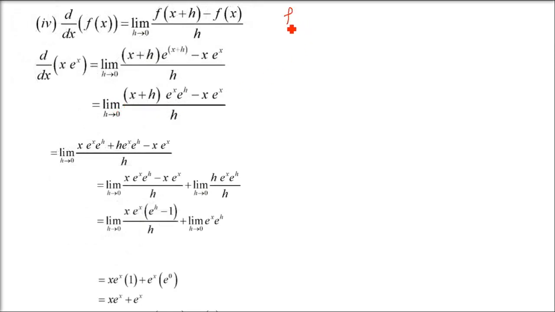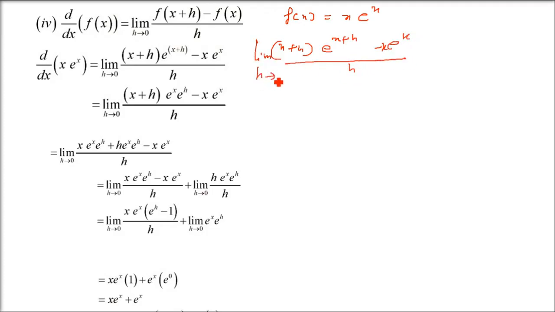Fourth one, x e raised to x is the f(x). So first principle, put x as x plus h: (x plus h) e raised to x plus h minus x e raised to x, divided by h, and limit h tends to 0. This is the first principle I have applied. So the numerator you can write as x plus h, and this can be changed to e raised to x times e raised to h, since powers add up if the bases are the same, minus x e raised to x. If you want to take common, you can, or you can first multiply and take common. Both ways it is possible.